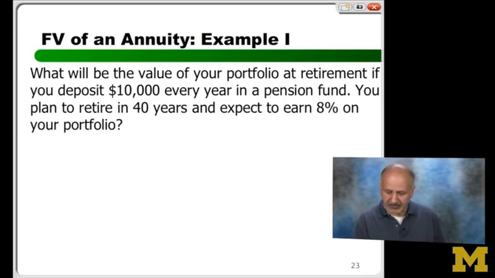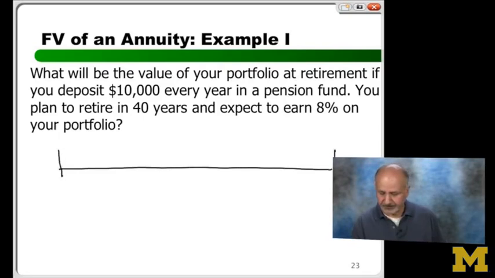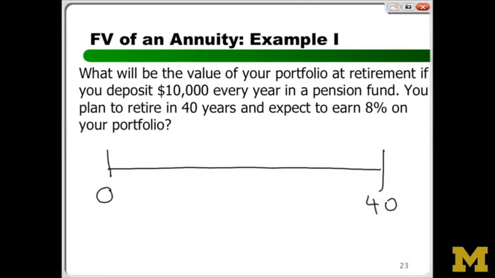I'm going to draw a timeline right here. You can use the box I gave you, or you can use this, which I prefer. And how many years? 40. So please remember, there's always one more point in time than the number of periods. If you recognize that, you'll be okay. So how many points in time? 41. 0, 1 through 40. How many periods of time? Well, it takes 2 points of time to make a period, so there's 1 less.